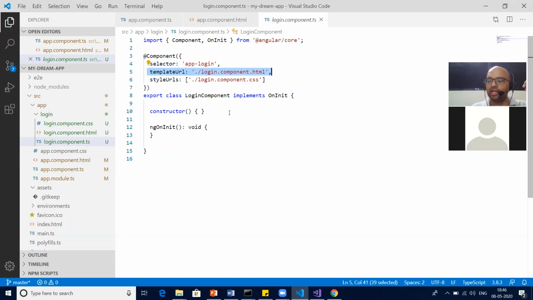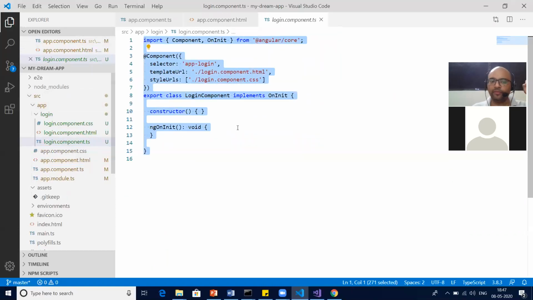As I told you in the session before last, a component is basically a composition of at least one HTML plus a class file. So do we have that? The answer is yes. We have an HTML file, this one, and we have a class file, which is this one. So that together creates a component.